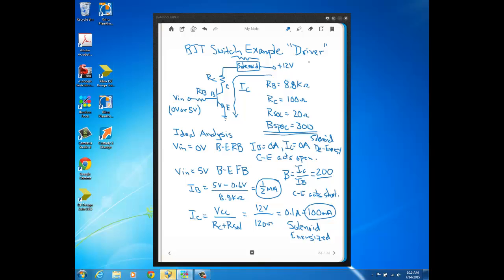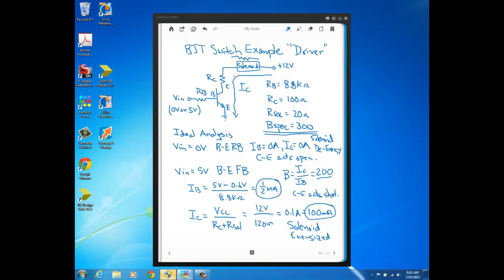And the reason why this circuit's called a driver is because often the input voltage of a circuit like this is coming from some digital type of circuit, some circuit maybe in a computer. And those circuits don't have a lot of current capability. They don't have enough current to directly drive a solenoid, which often needs, as in this example, hundreds if not more milliamps in order to be energized. So the computer circuitry can't provide the current that the solenoid needs to energize directly, but by using a transistor,